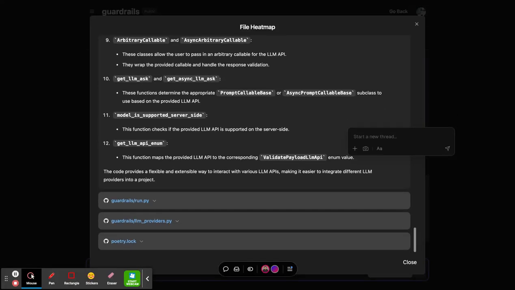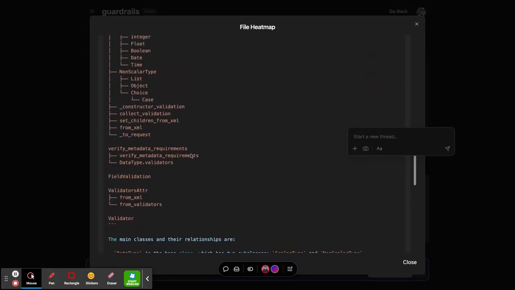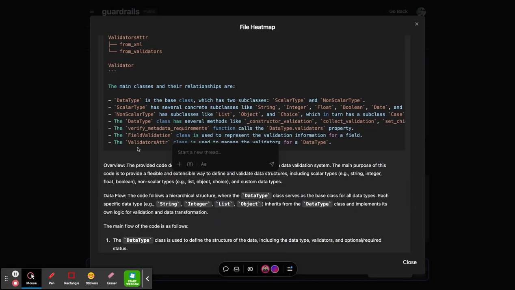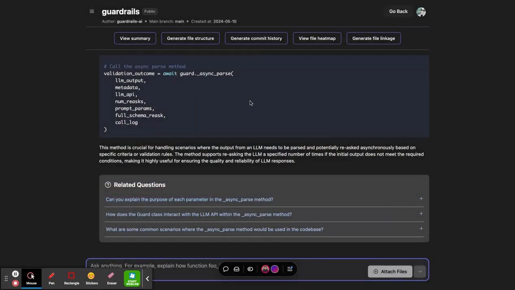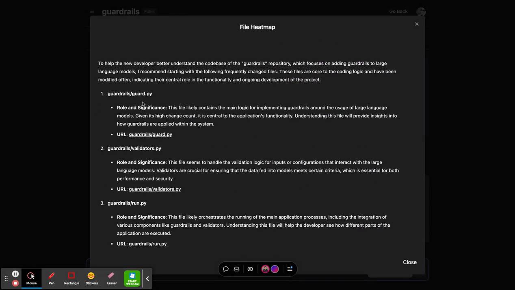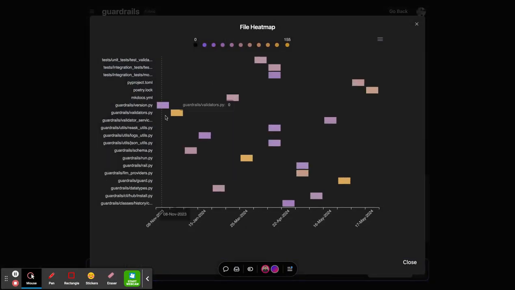For all of this, you get a really nice sort of function map to understand what the top functions are. You can understand what each of these functions is about. So this can give you a very nice overview of what the top files are. And if you have any question about some particular file, you can also go back and ask in our chat here. For example, this file,